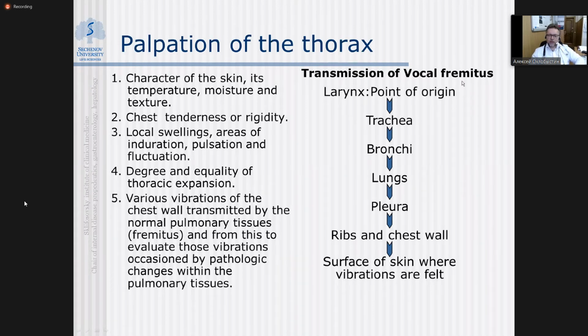Vocal fremitus will evaluate the degree and presence of conduction of the vibration. Therefore, the state of the trachea, bronchi, pulmonary parenchyma, and pleura will affect the presence and degree of conduction. If there is a block of the respiratory tract, trachea, or bronchi, the patient will have a significant local decrease of conduction. If the patient has decreased lung density, like in emphysema, there will be a diffuse decrease in conduction